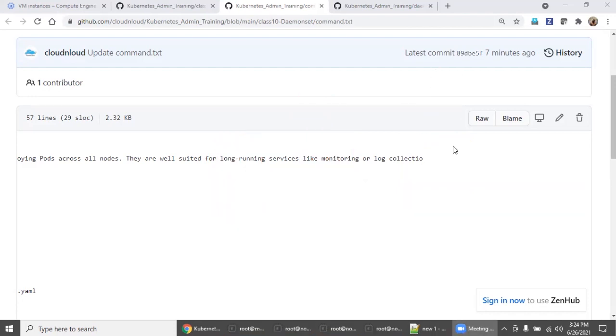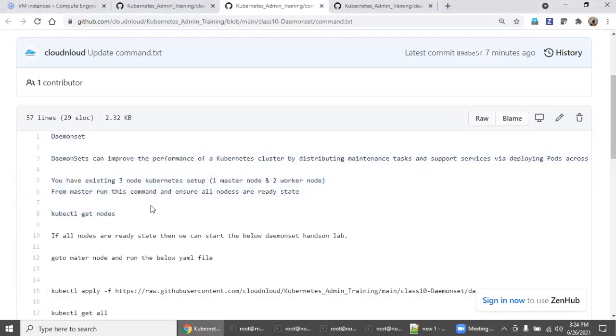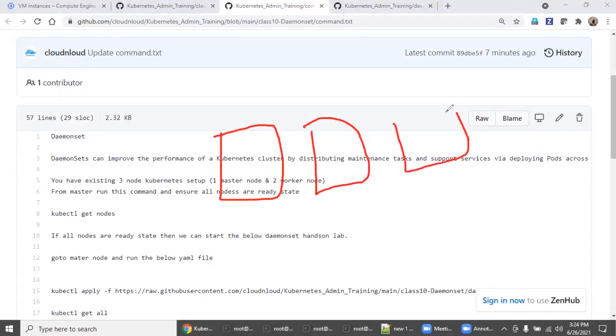Let's go with the step-by-step hands-on. As I said in the previous session, we should have a 3 node setup, as we already saw in previous classes. This is my master node, this is my worker node 1, this is my worker node 2. To do this exercise better, you also create one more machine, worker node 3.